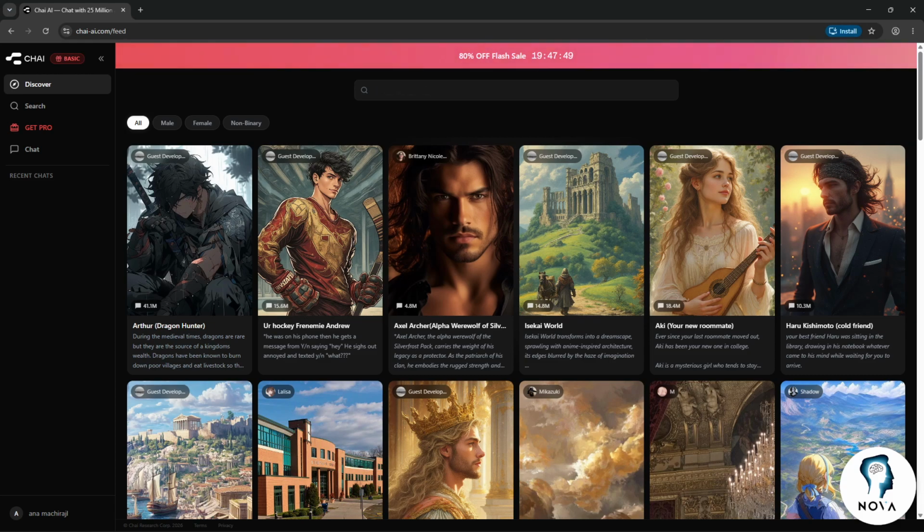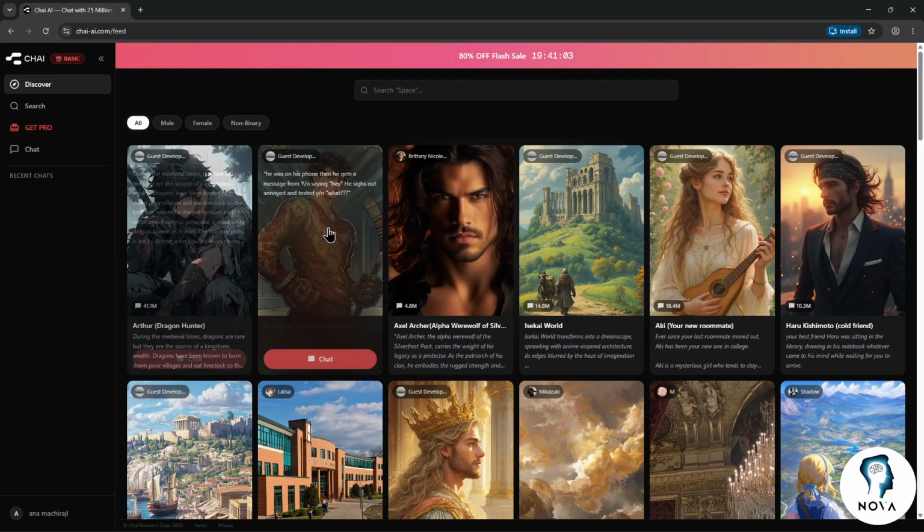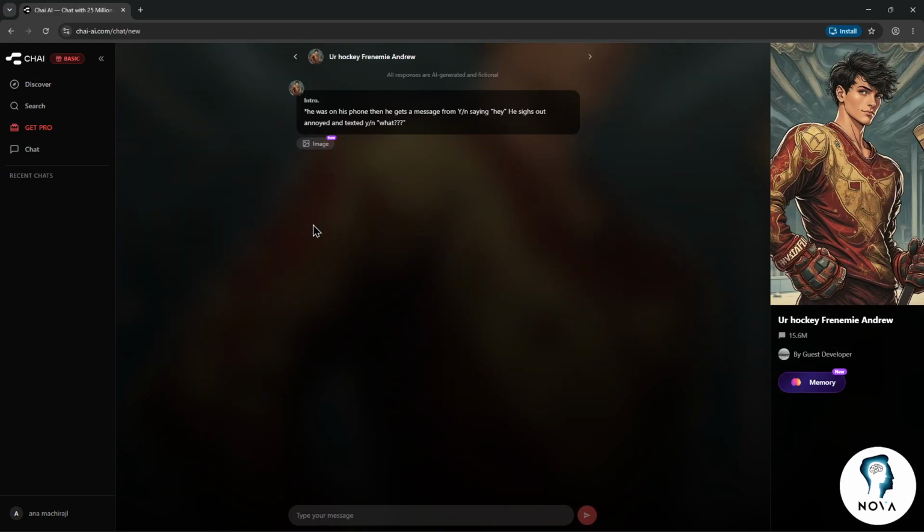Now, basically, you can browse through the AI characters. You can view featured characters, search for specific characters, do whatever you want here. Explore different categories, open a character's profile before starting a conversation, see everything that you want, and you can start basically the conversations. Select the character that you want to talk to, for example this one, and type the message